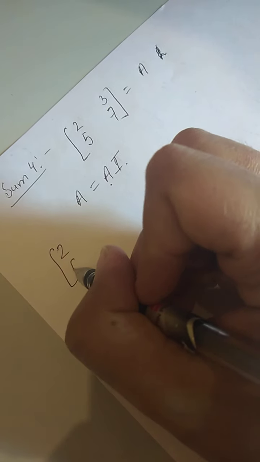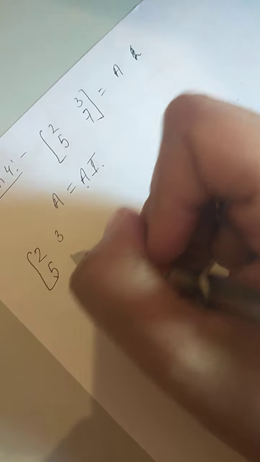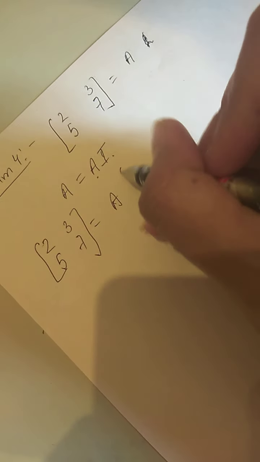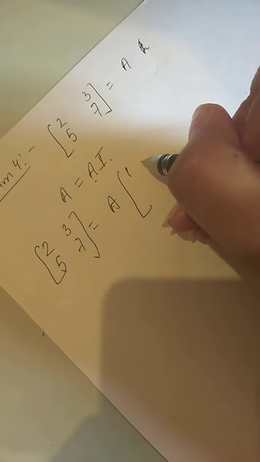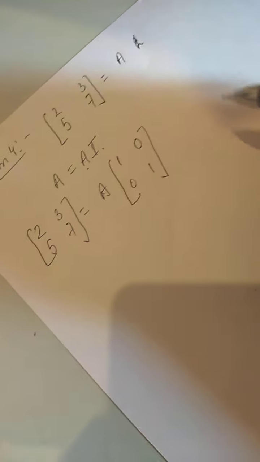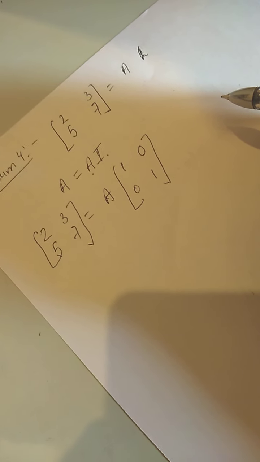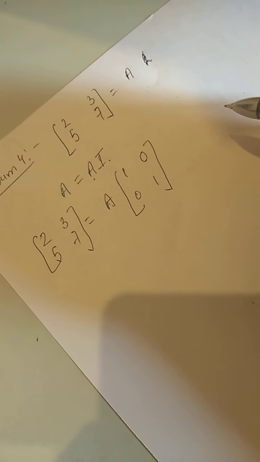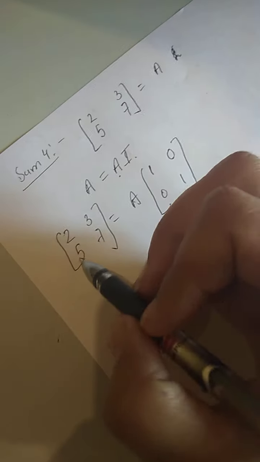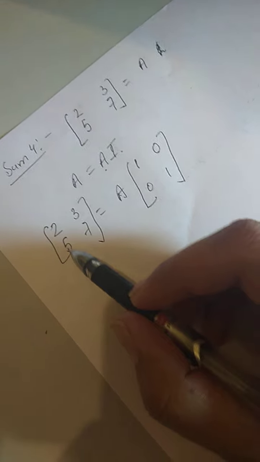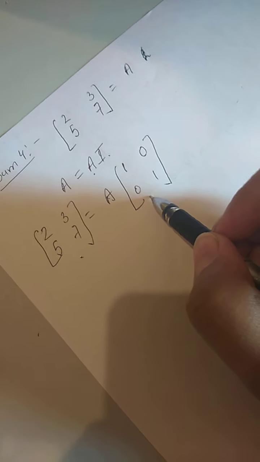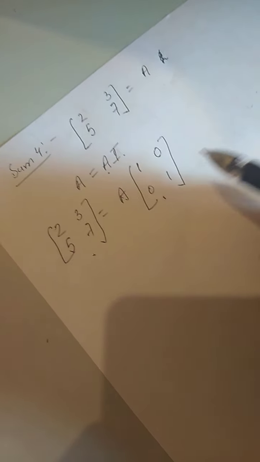This side, same way, we will write down the given matrix A. Since A is of order 2, the order of the identity matrix will also be 2. Why am I using 2 instead of 2 by 2? Because it is a square matrix, so when I say 2 it means a matrix of order 2 by 2, right? Our motive is to convert this matrix into identity, corresponding to which this matrix will become the inverse, right?